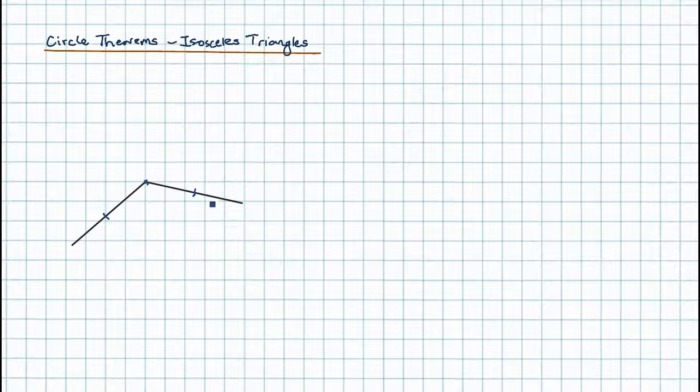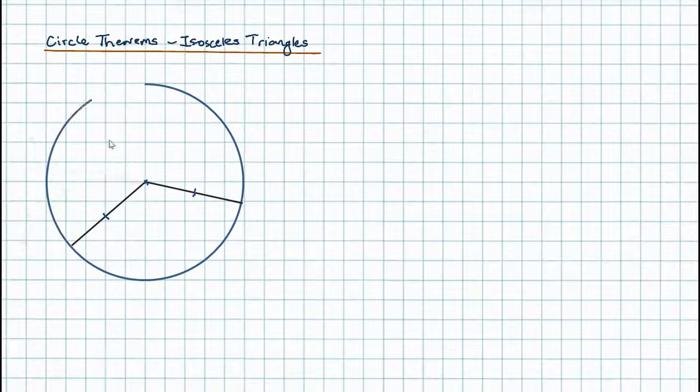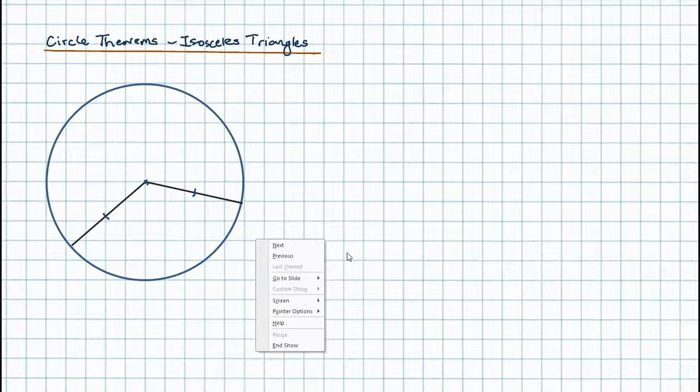Now, in relation to circles, what we might want to think about is the circle for which this is the radius. So if we draw now a circle, so reach for our compasses, put our compass in the center, draw around, then we're going to get something like this. And now we can remove